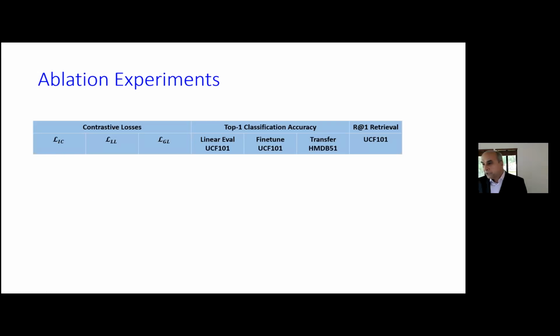Now we also did an ablation. Remember that we are using 3 losses: the standard loss, IC, and these are 2 new losses. We are comparing top 1 classification on these different datasets and also the retrieval. Now if you use random initialization, these results are pretty bad, which is understandable. Here, if we use our 2 losses, we get performance which is better than random. Now, if we use IC, which works better,